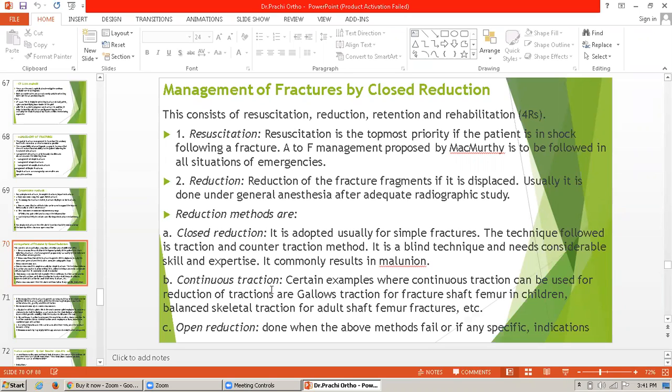Then continuous traction. Certain examples where continuous traction can be used for reduction of fractures are gallows traction for a fracture shaft of femur in children, and balanced skeletal traction for adult shaft femur fracture, etc. So continuous traction is useful in children when there is a fracture of the shaft of the femur, and in adults when there is a femur shaft fracture, balanced skeletal traction. Then the open reduction. So it is done when the